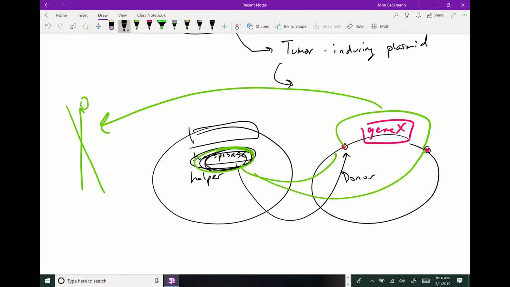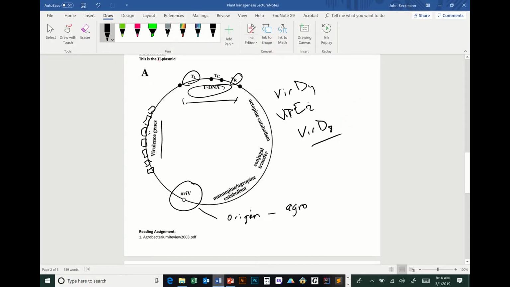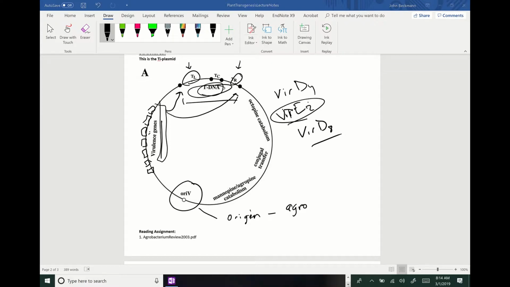Okay, so the Ti-plasmid is kind of the same way. If you look at its structure, it's got these sections of DNA, which are recognition sites on the left and the right of this tDNA sequence. And the virulence genes encode proteins very similar to transposase, which can recognize these sequences, okay? And they grab it, they literally hold it. The VIR-E2 protein, we'll get to the protein in a second, but one of these proteins' job is to grab the DNA, okay? And then what happens is,